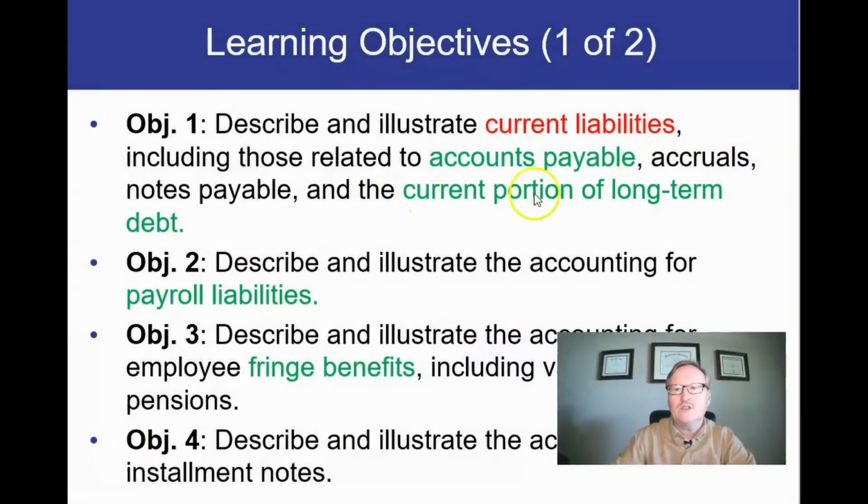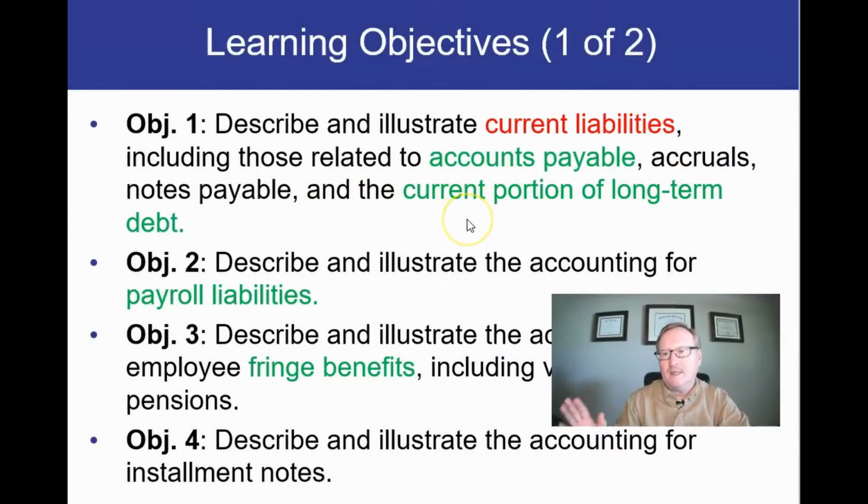So one of the things we normally pay for when we think about current liabilities? Well, the main thing is accounts payable. These are things where we've received goods or services from what we call our vendors or suppliers, people that perform a service or give us goods, and we owe them.